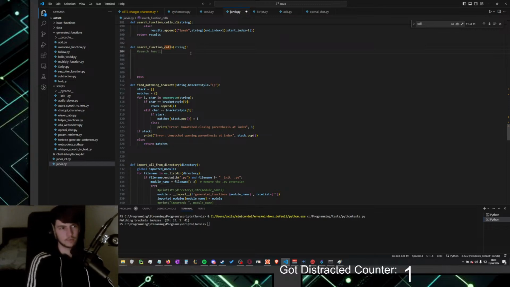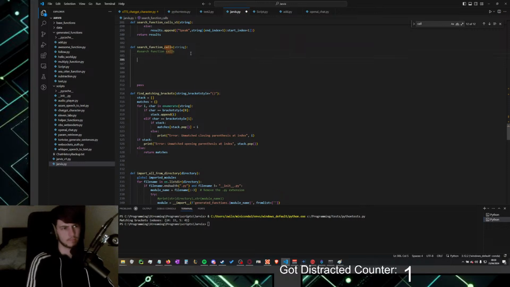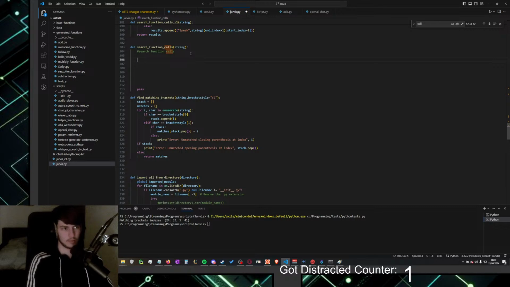Search function calls. Separate. Oh, whoops. That should be a comment. At first comma. Also, that should be in a loop.